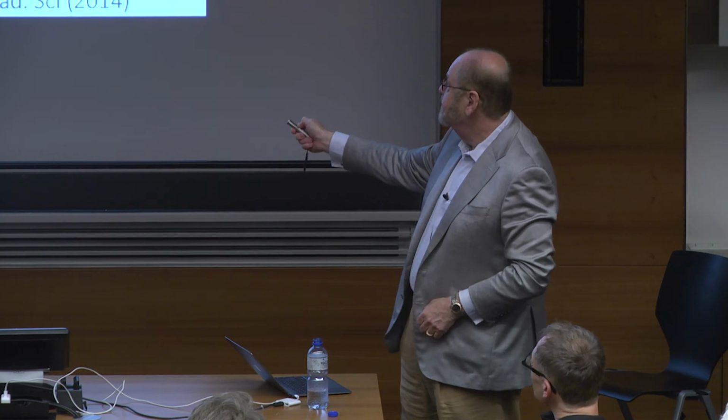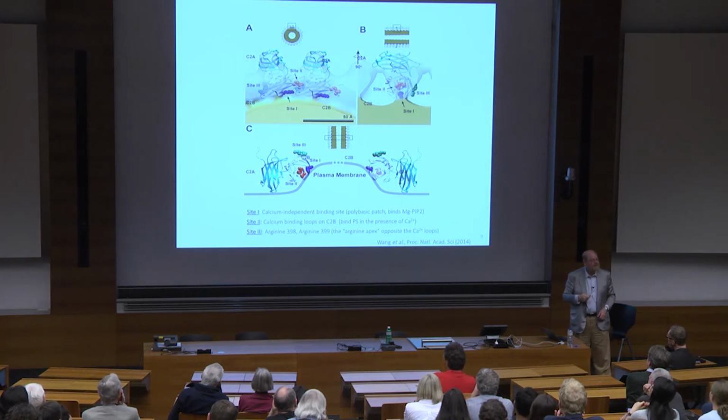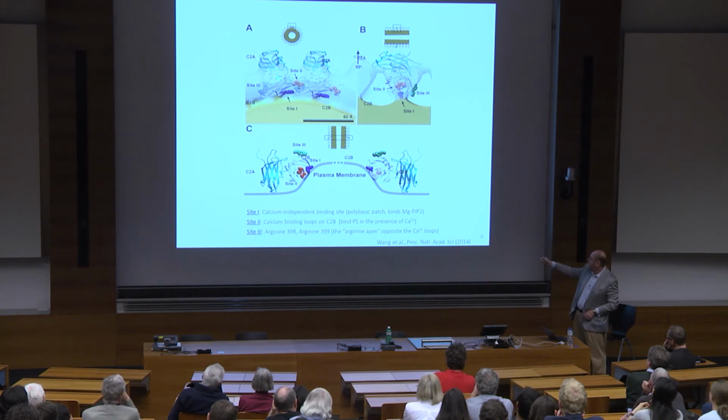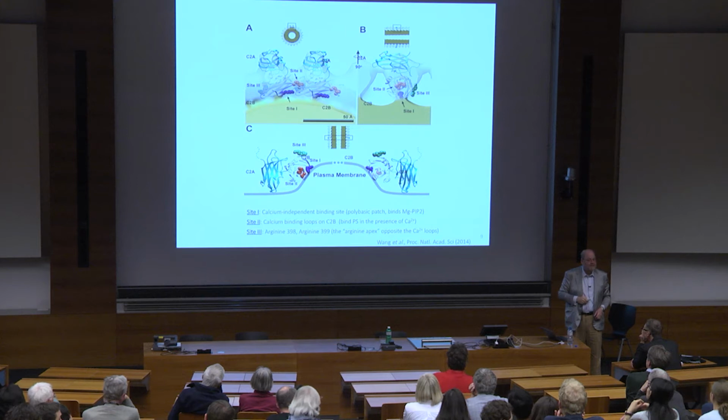Okay, well now having the chance to look at the structure even at a modest resolution, we can see that the calcium binding region is located at the interface between two B domains. So that's very interesting because if the site that binds calcium is located over here at the interface between these B domains, well then obviously when calcium binds, if that site is going to reorient and bind the membrane, then this subunit, the B domain, must rotate into the membrane. It must rotate 90 degrees and quite some distance.